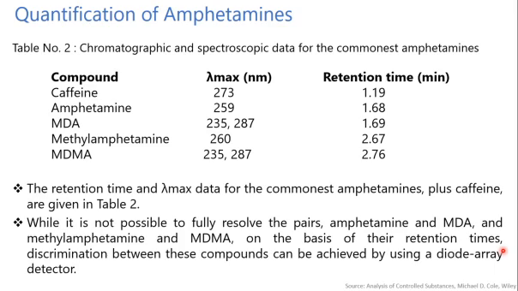What happens with the diode array detector? It can take the wavelength of the respective component, so there is no need to set one kind of wavelength. It is applicable for a wide range of wavelengths, and that is one of the applications of the diode array detector. We have no need to set any wavelength; it will take that wavelength directly. So this is the advantage of the diode array detector.